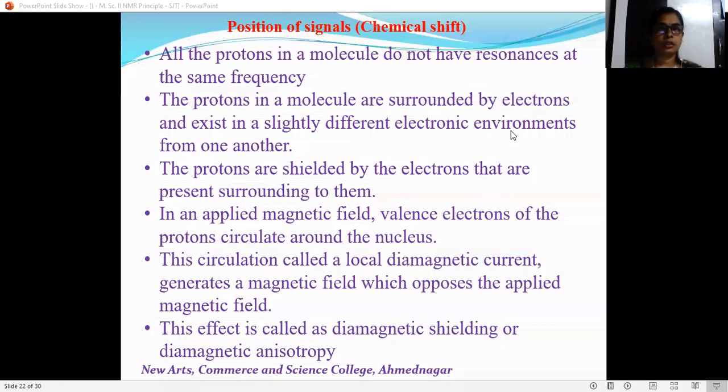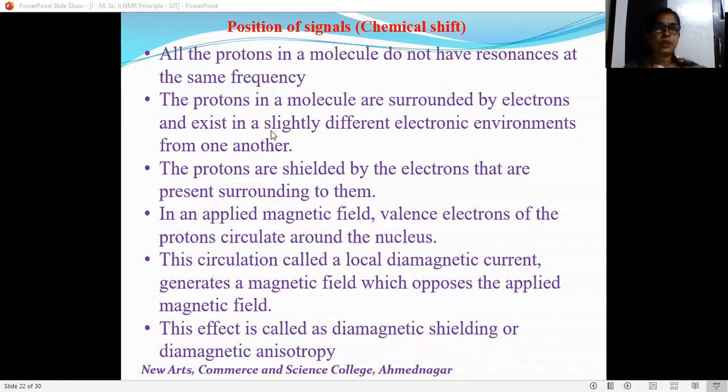Hello students, yesterday we have seen the number of signals present in the NMR spectrum of a given compound. Today we will study the position of the signal. Position of the signal will tell me what type of protons are present in a molecule. This is possible because all the protons in a molecule do not have the same resonance frequencies,